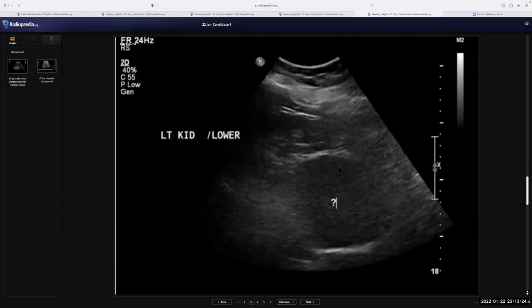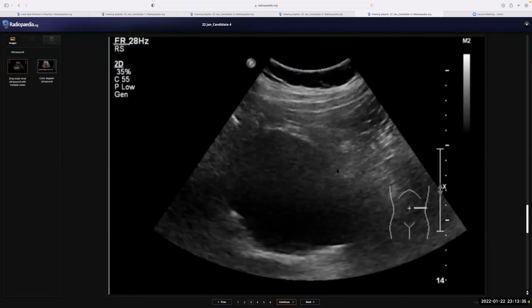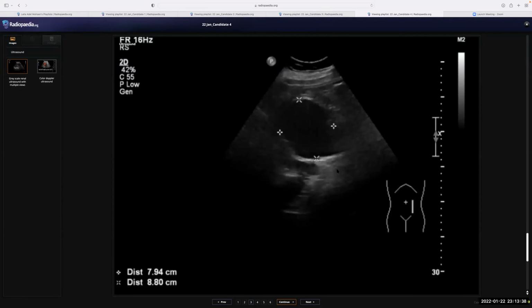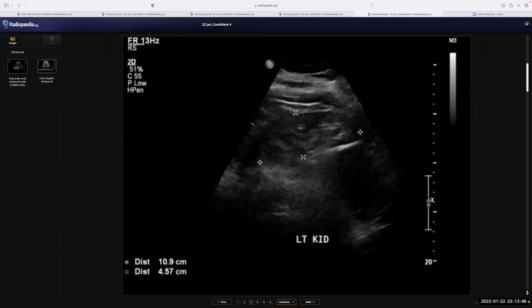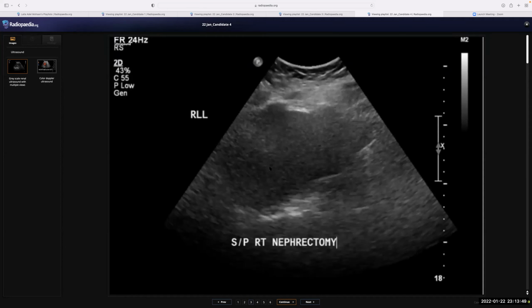The lower pole of the left kidney shows a hypoechoic well-defined mass lesion. Basically from the ultrasound image I could gather that there is a mass lesion in the left lower pole of the kidney. So since this patient had a previous RCC, can I see the color Doppler